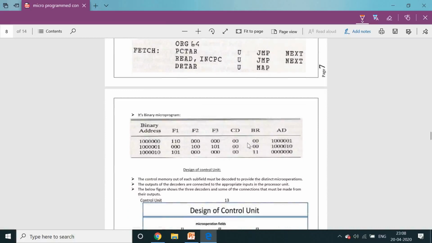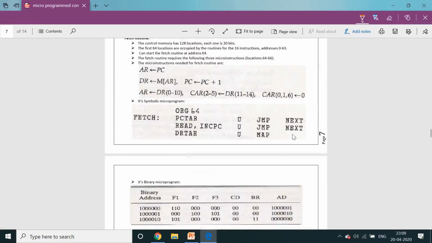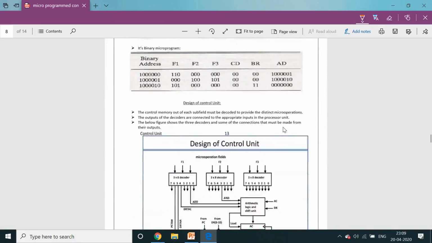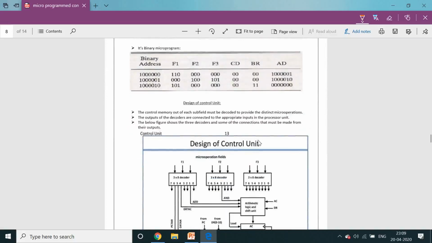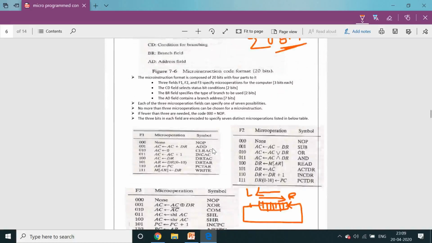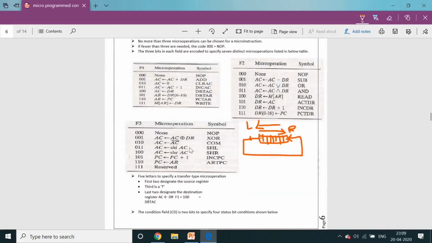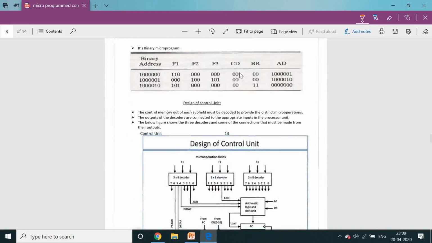Again the cursor goes up after the condition of this one. So there is a next action here. Again it goes to all zeros. This is the way we execute different microoperations. Automatically, when a microoperation is generated, these binary values are modified for each instruction. This is the microinstruction format, F1 to AD field. The address is generated like this. With the help of that address, we point to one location and execute the particular action.